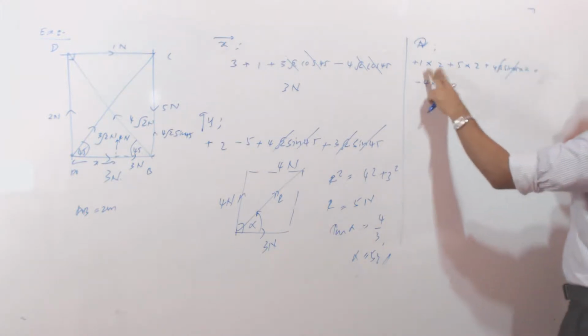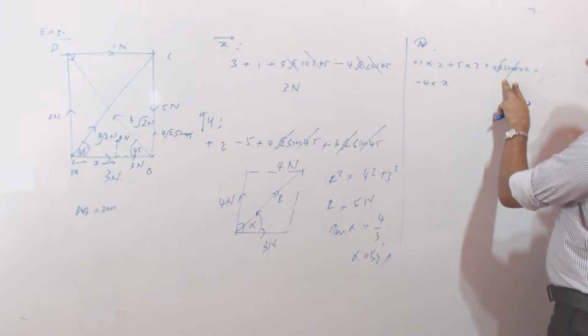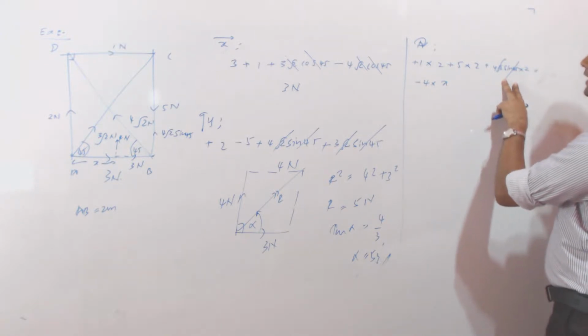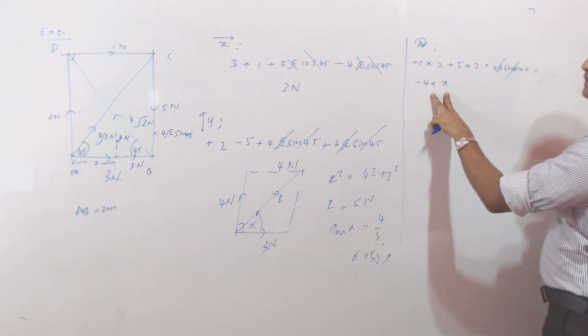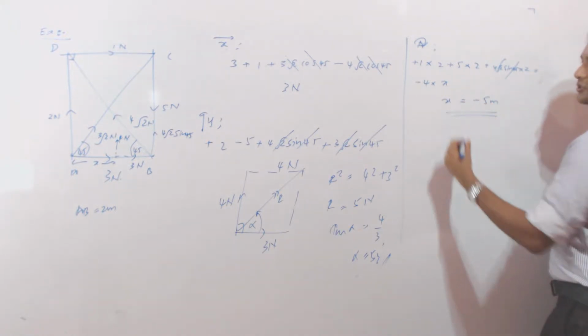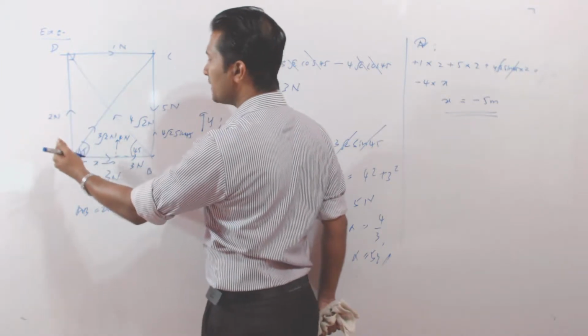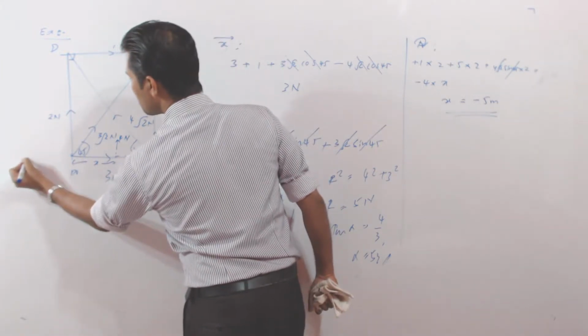So this is 2, 10, 12 and this is 8, altogether 20. 20 equals minus 4x, x equals minus 5 meters,